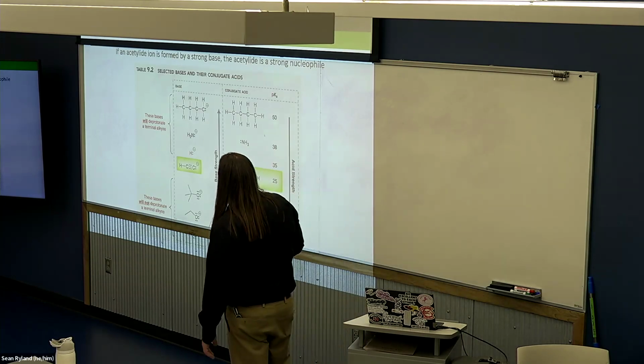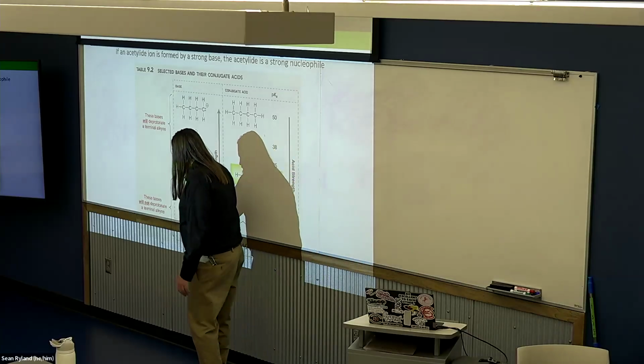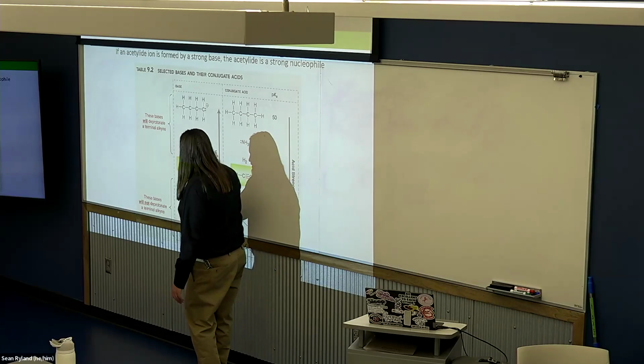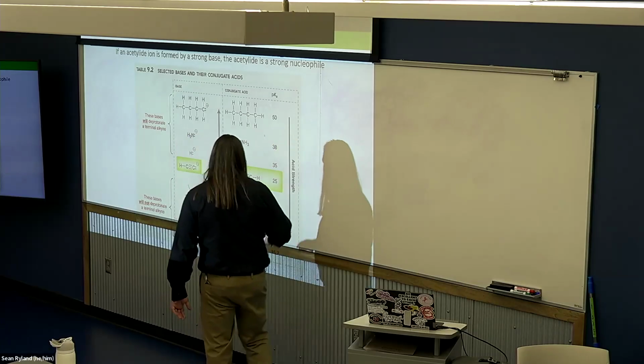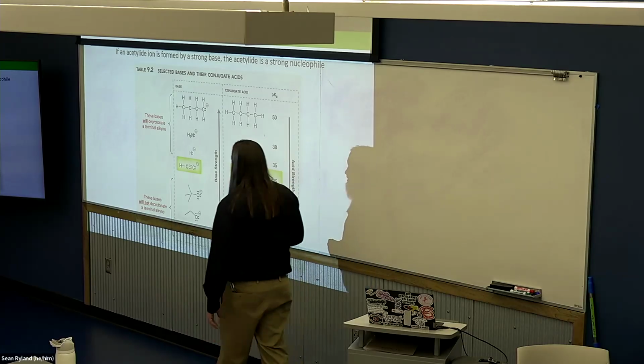Right, so this is just a list of really strong bases. You notice water, hydroxide is all the way down here at the bottom. And all of our deprotonated alcohols, they all have pKa's in the 15 to 18 range. So they're strong bases compared to a lot of things. They're not strong bases compared to